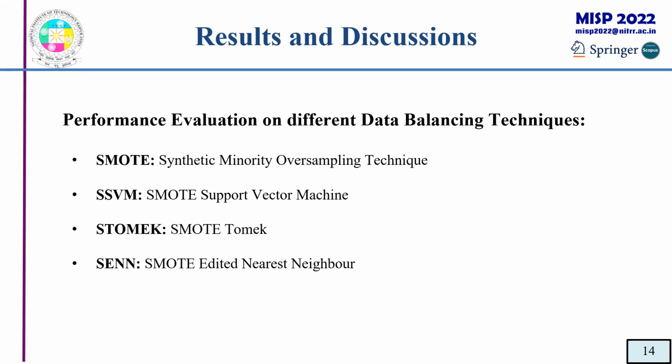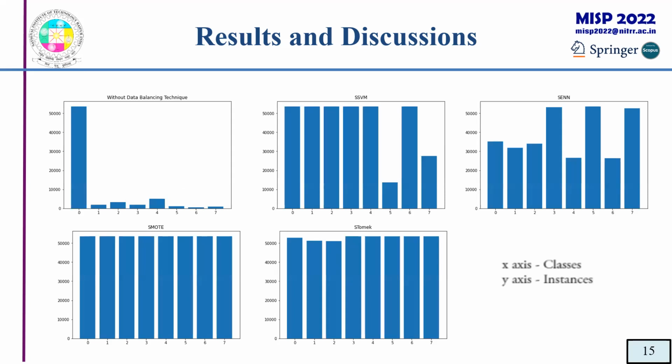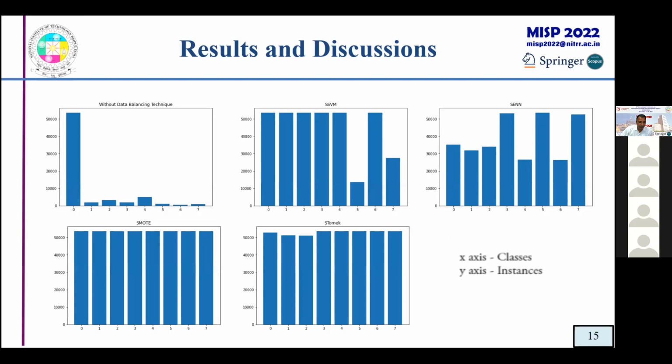So as I told, we are using the SMOTE variants for evaluating the best out of them. SMOTE is the synthetic minority oversampling technique. SSVM is SMOTE support vector machine. SMOTE-Tomek is SMOTE Tomek links. SENN is SMOTE edited nearest neighbor. And these are our graphs without a data balancing technique and after applying specific variants. So at first, in the without data balancing approach, the classes are imbalanced, for example, out of 60 plus records, 70 plus percentage of